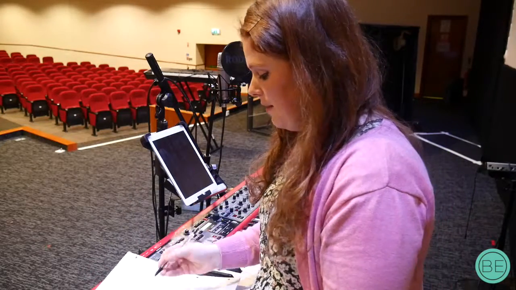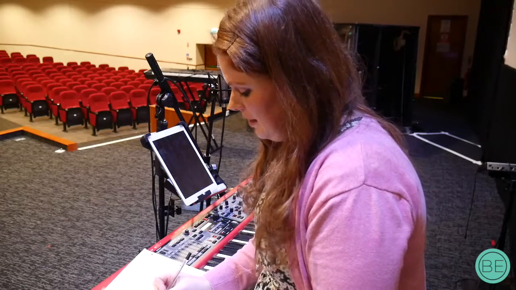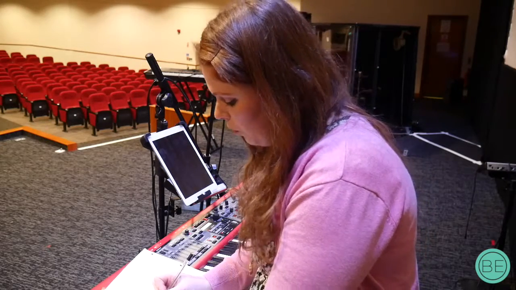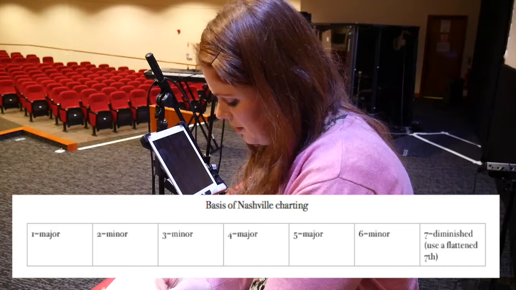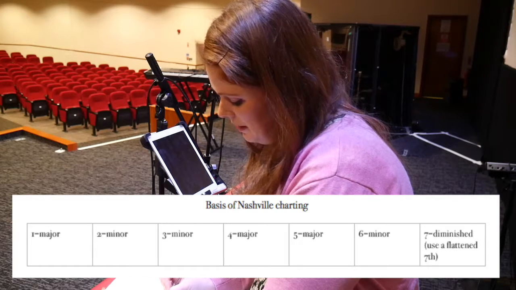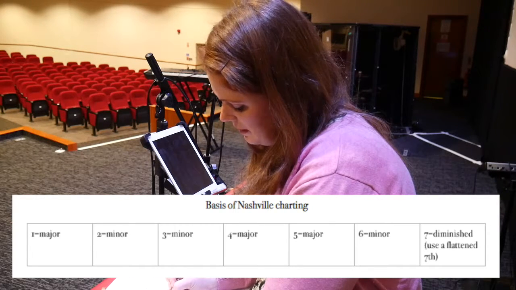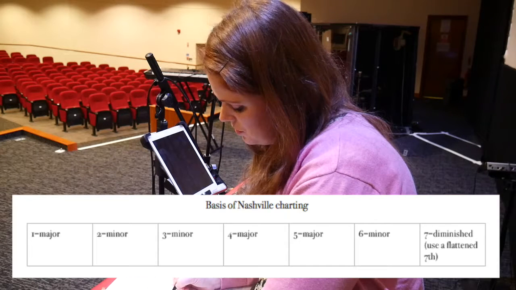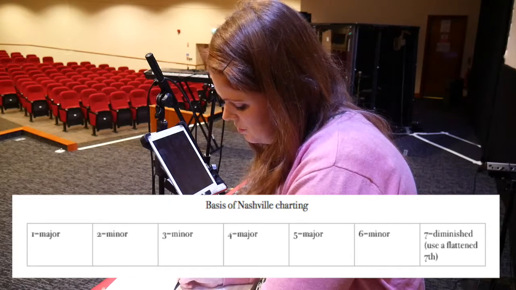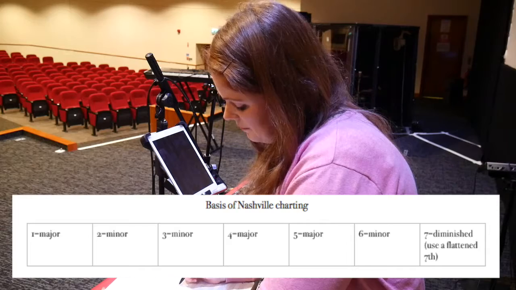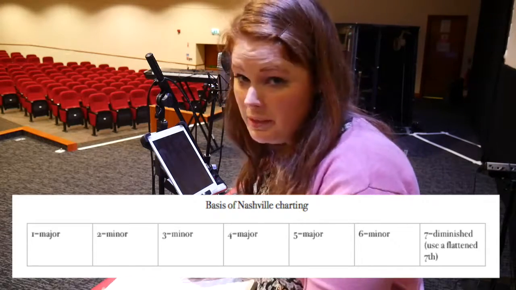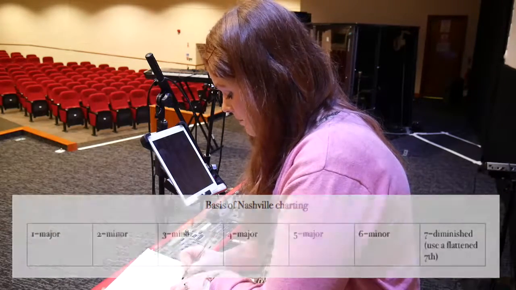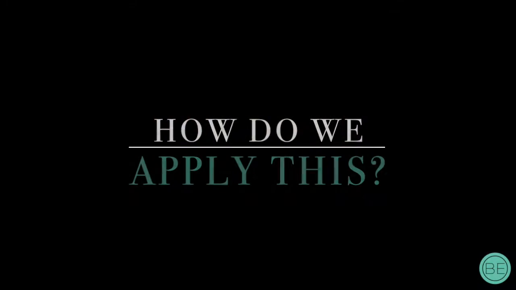what we have then in every major key is the first chord will always be major, the second chord will always be minor, the third will always be minor, the fourth will always be major, the fifth will always be major, the sixth will always be minor, and the seventh will, for me, be a flattened seventh major. So,